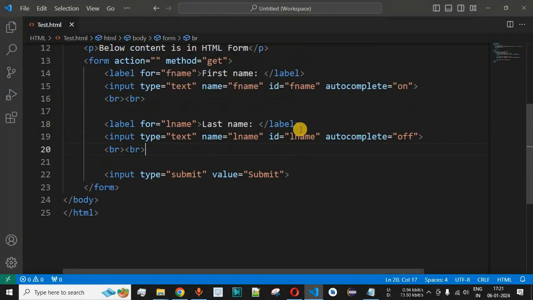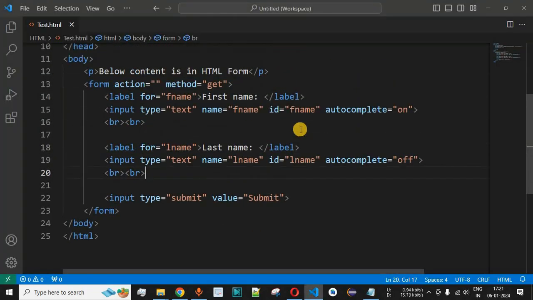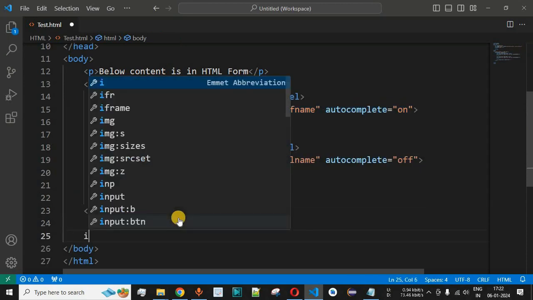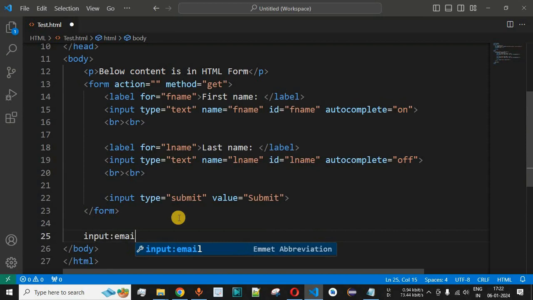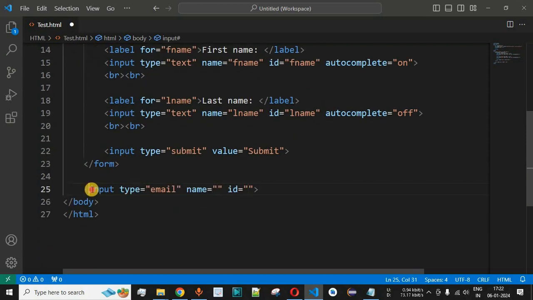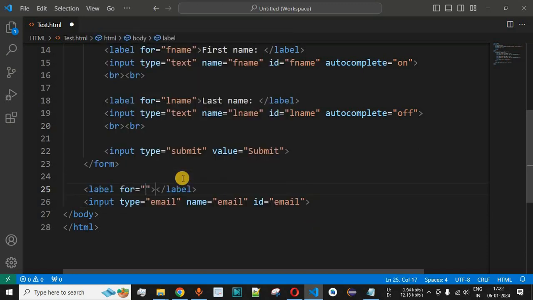Now what if we also want to include the email of the user who is trying to submit the form? Let's say we have the email input field outside this form tag. After this form tag, we will have the input field with the type email. We provide the same value, email, as the value of the name attribute and the ID attribute as well. Before this, we also have the label, and for the for attribute, we say email, and we provide the label as email.